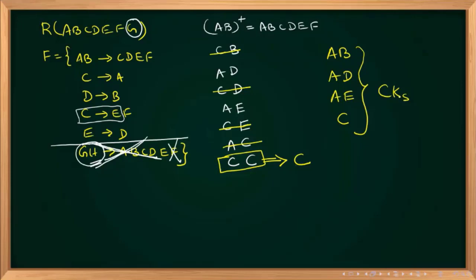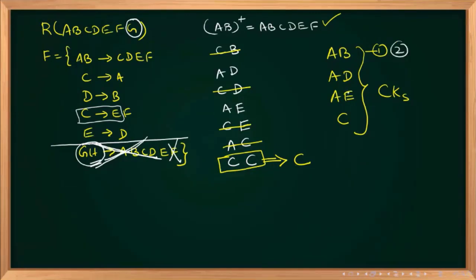If you have a doubt, what is our definition of candidate key? All candidate keys should satisfy two properties: the uniqueness property and the irreducible property. Take AB closure, are you getting everything? Yes, so the uniqueness property, the first property, is satisfied. You leave A, if you take B closure, will you get everything? No. You leave B, if you take A closure, will you get everything? No. So this one satisfies the second property also.